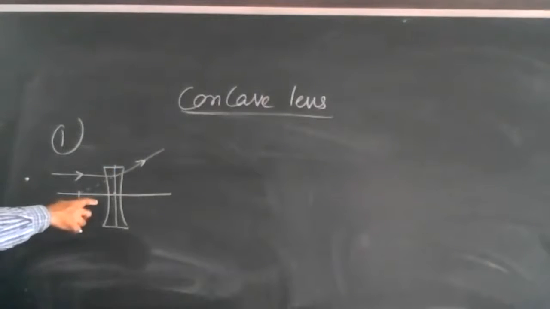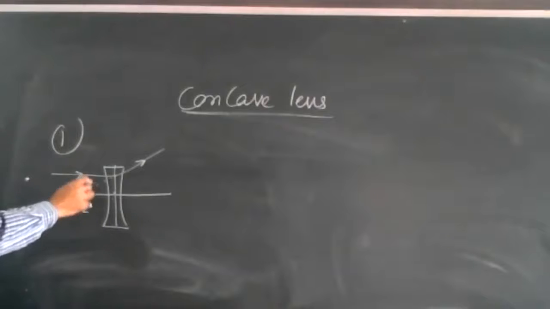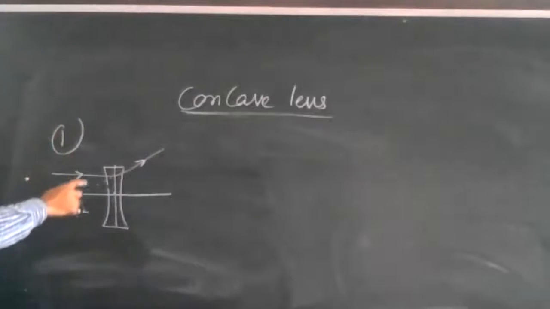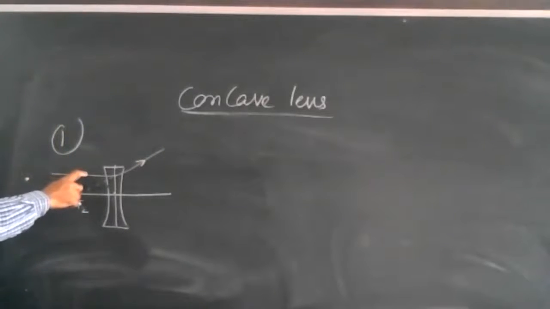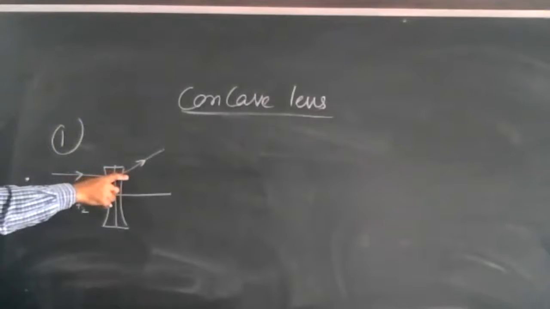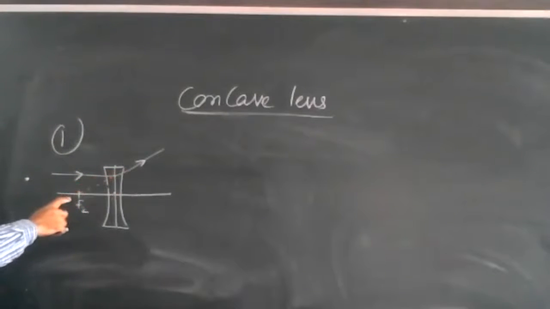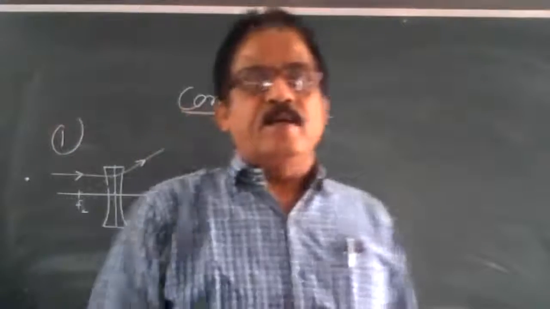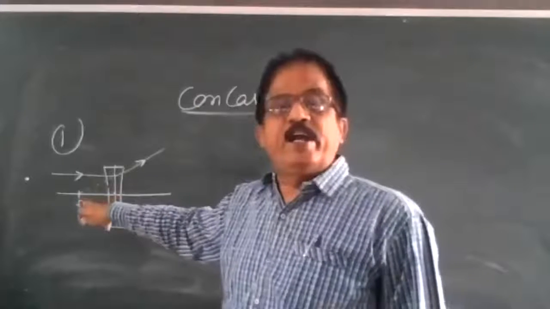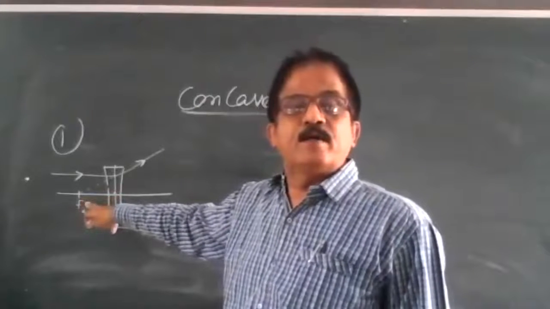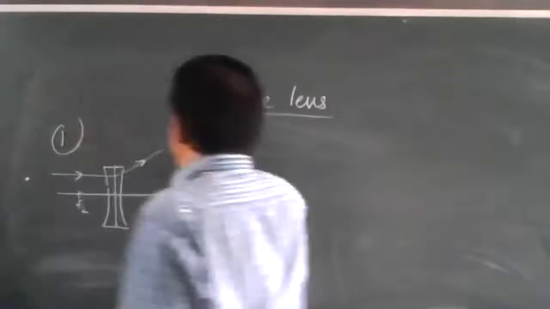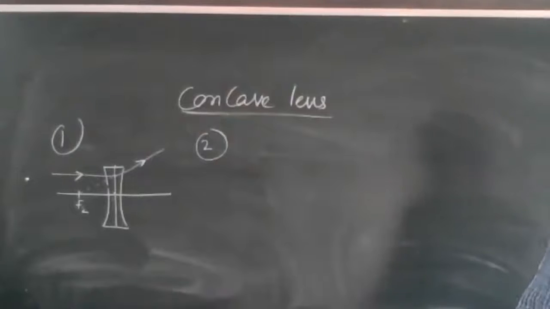You can see that a ray incident on the concave lens in a direction parallel to the principal axis, ये देखिए आप, in a direction parallel to the principal axis, on refraction, this ray appears to come from second principal focus of a concave lens. On refraction, ये dotted line है यहाँ पर देखिए आप. So I can say like this. In the second figure, बना लीजिए फिगर आप यहां पर.